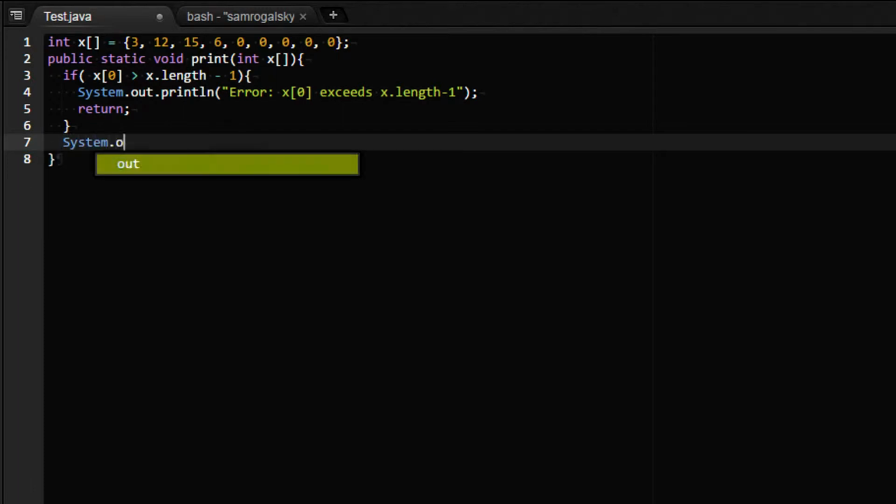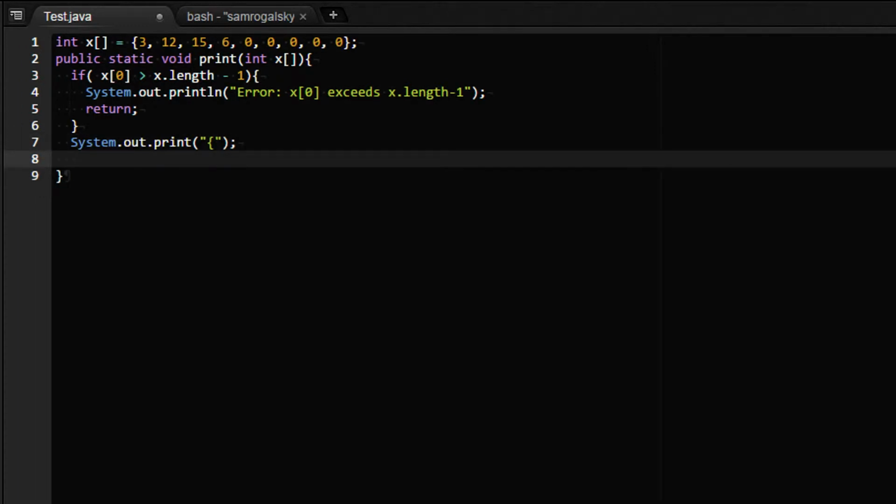So System.out.print, and then we're going to have in quotations the opening bracket, and we want it to be a System.out.print because we want more on this line. Essentially it'll be a print and not a println, because if it was a println, then after the opening bracket the next line would be x sub 1, x sub 2, whatever your code has in it. And so now we need the for loop,